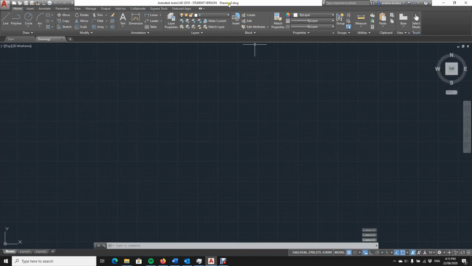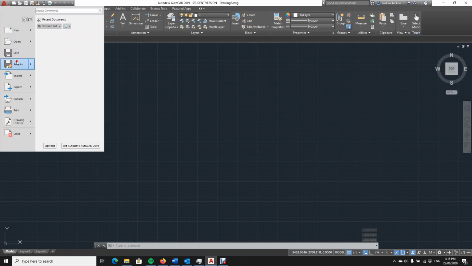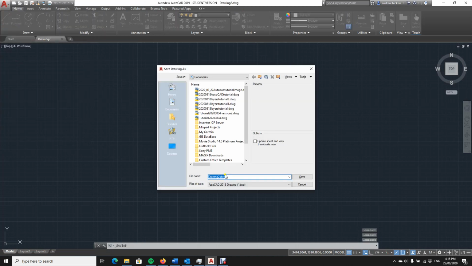It's now called drawing 2, yours might be drawing 1. So we do a save as. The first thing we always do is save. We don't want files that are named drawing 1 or test or anything like that. I always put the date, 2020 underscore, never a slash, 08 for August, underscore 22 for the day, and then